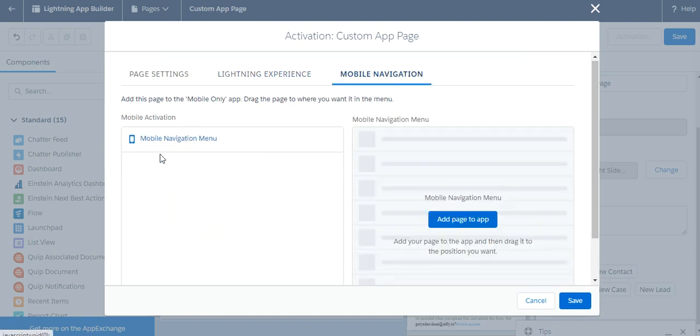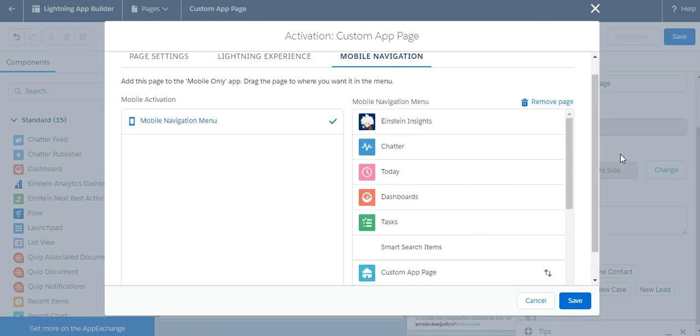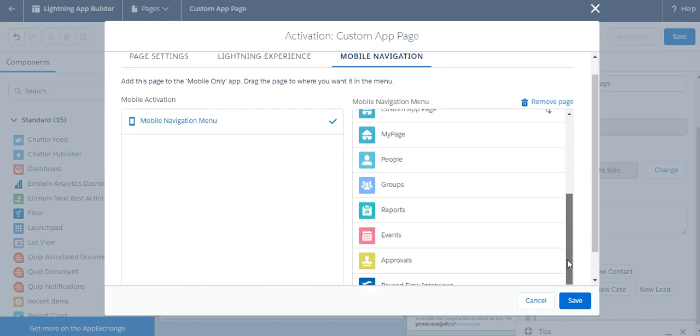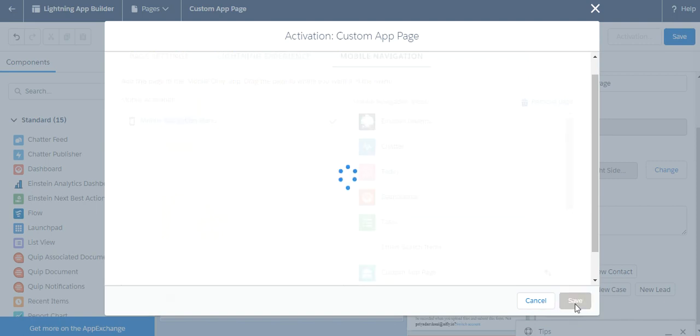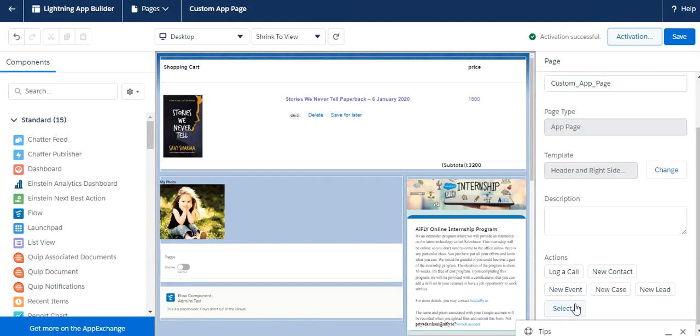If you want to add mobile navigation, you can add it. It's showing something like that in mobile view, and click on save. Okay, so our activation has been done. Now save this. Okay, our page has been saved successfully.